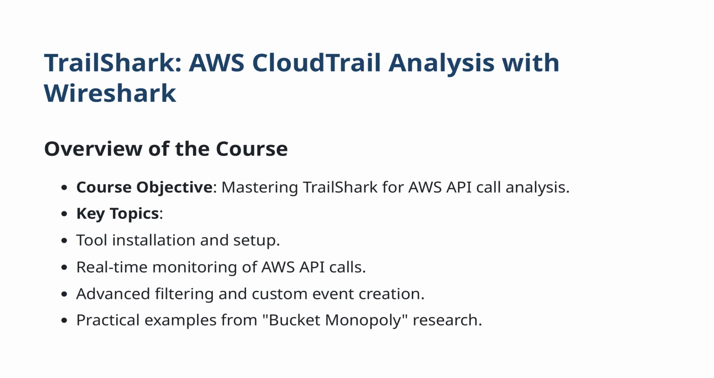We'll cover essential topics such as: 1. Tool installation and setup, 2. Real-time monitoring of AWS API calls, 3. Advanced filtering and custom event creation, 4. Practical examples from the bucket monopoly research. By the end of the course, you'll be proficient in using TrailShark to monitor AWS environments, troubleshoot issues, and identify